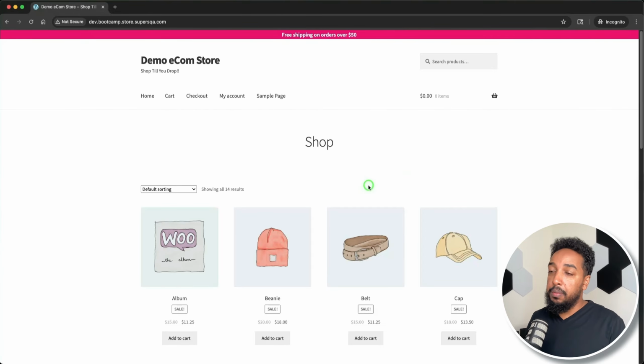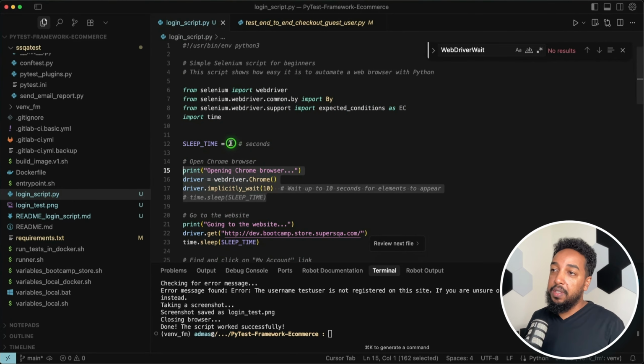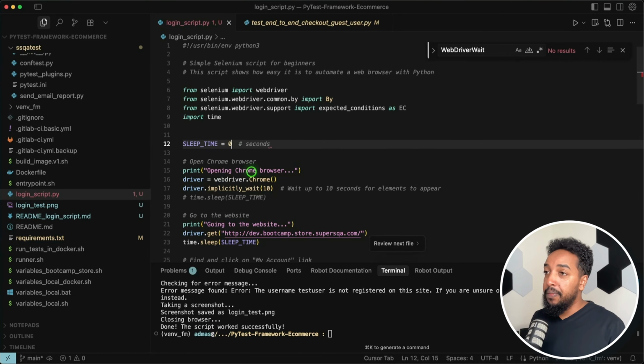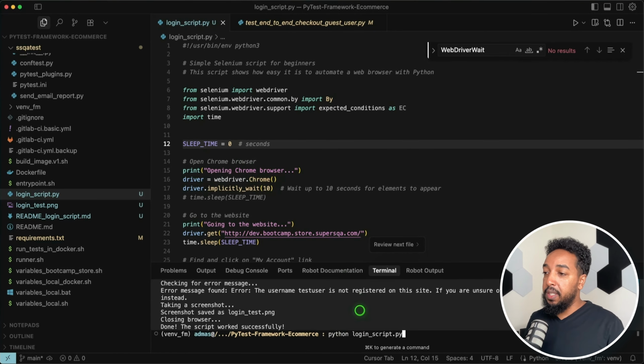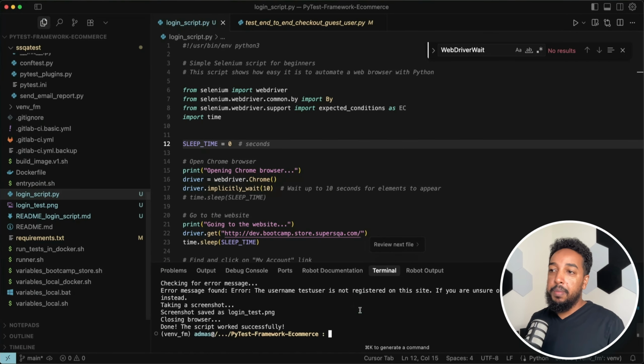So let's run this script. But before this, what I forgot is to show you the previous script with no sleep. I want to show you how fast it is. So right now I have a sleep of 2. Let's do a sleep of 0 and run the same script again. You're going to see it running so much faster. Browser opens, like bam, bam, bam, done, right? It is so quick that 2 seconds made a big difference. So I just wanted to show you that.